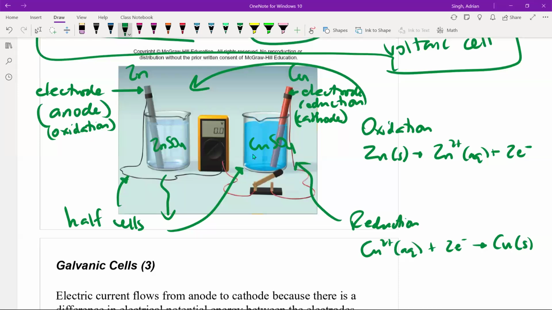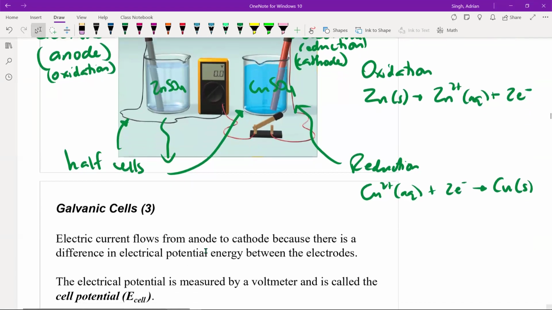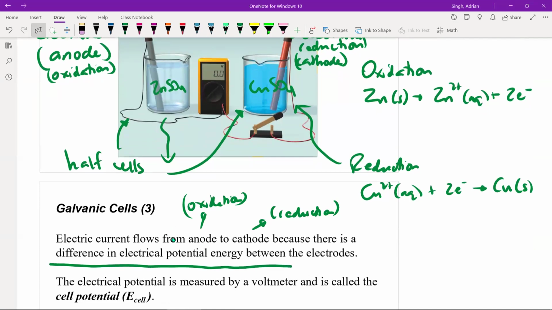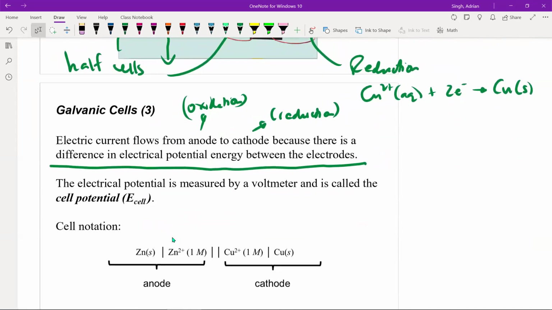That is a combination of each of these half cells. So electrons are going to flow from the anode, where oxidation is occurring, to the cathode, where reduction is occurring. And the reason is that there is a difference in electrical potential energy between these electrodes. If we were to connect these with a wire, we can actually measure that electrical potential with a voltmeter,